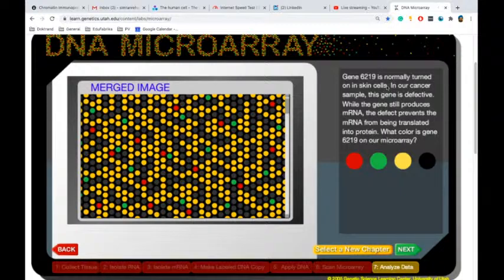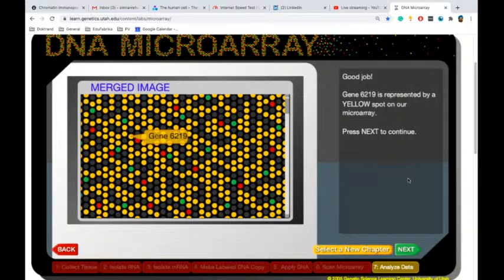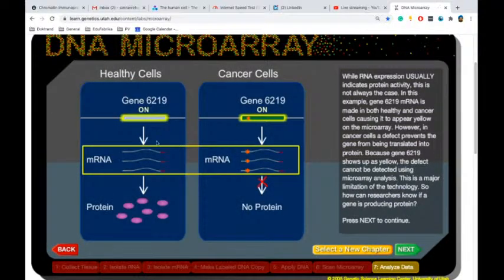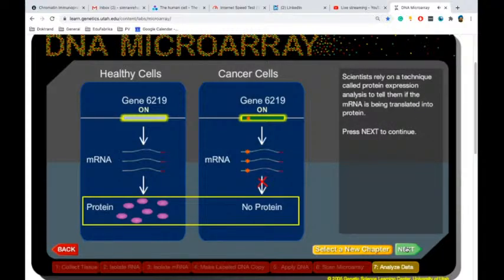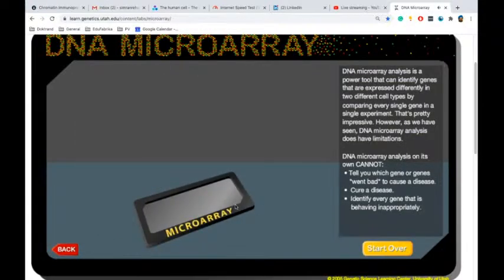So gene 621 is normally turned on in the skin cells. In our cancer samples, the gene is defective. While the gene still produces mRNA, the defect prevents the translation into proteins. What color is gene 621? It's a yellow one represented on the microarray. So gene 621 in the healthy cells is producing protein, whereas the gene is not turned on in the cancerous cells, so it's not producing any protein in that case. Scientists rely on techniques called protein expression analysis to tell them if the mRNA is being translated into protein or not. So that was something about protein expression